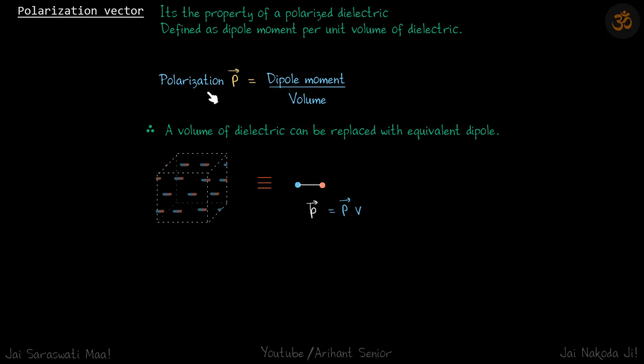So you can be given in a question that a certain dielectric has the polarization vector P vector. So you need to find certain things based on that. So we are going to compare it with the dipole moment and then going to get our required answers. So very simple concept, but there are a lot of interesting questions that will come based on that. So let's do them.